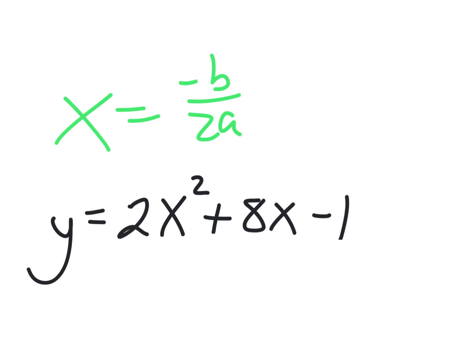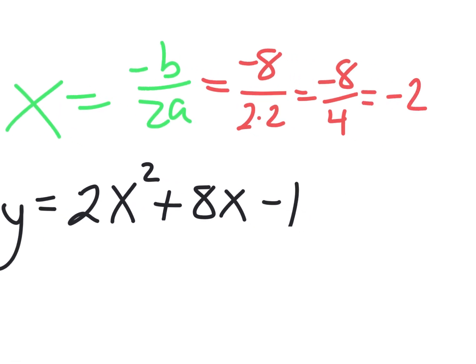So Greta, we obviously have to figure out negative b. Can you start us here? Put 8 in for b. So it's negative 8, right? Yeah. Over 2 times a, which is 2 times 2. Perfect. Negative 8 over 4,